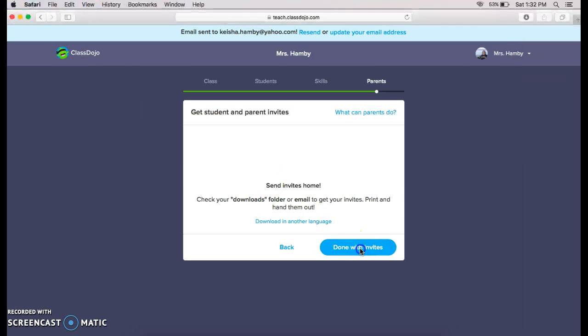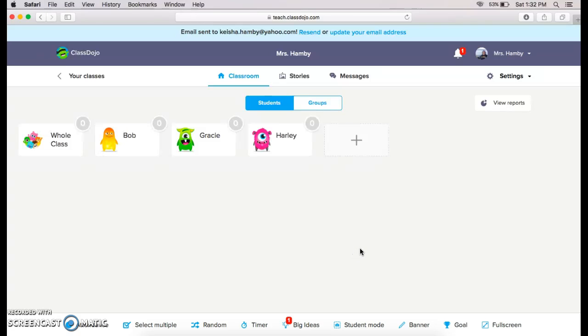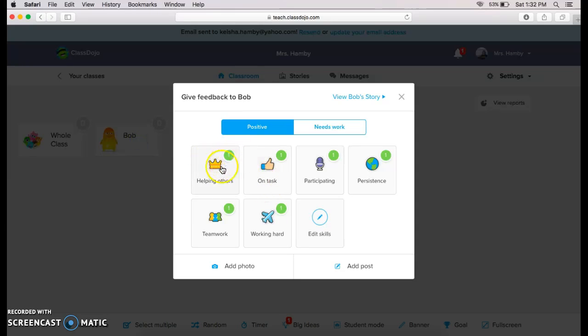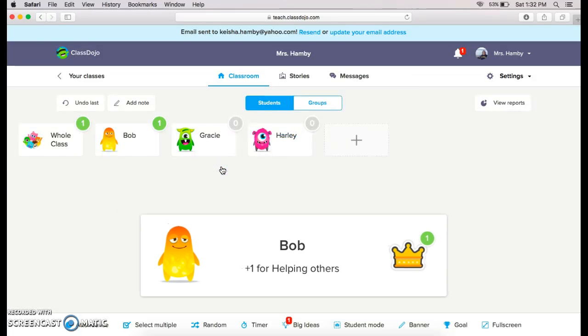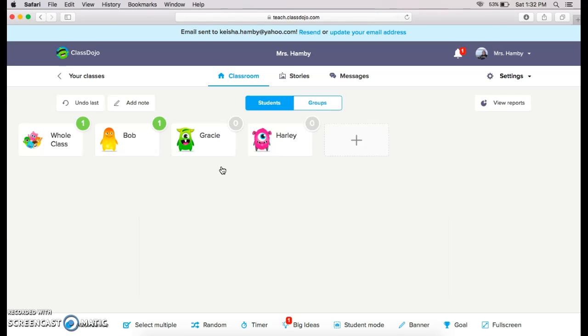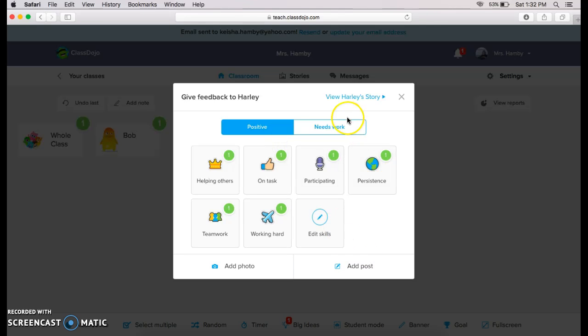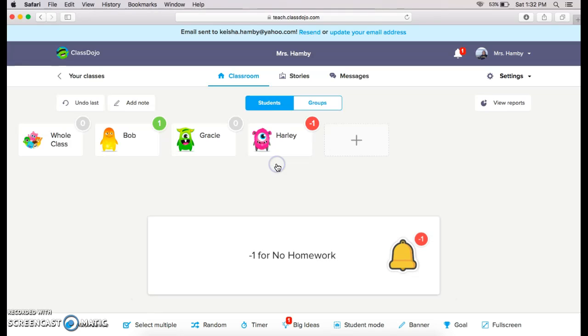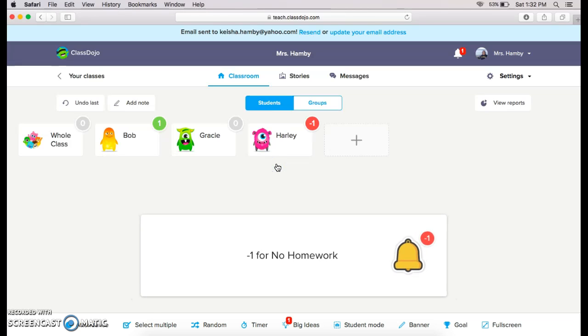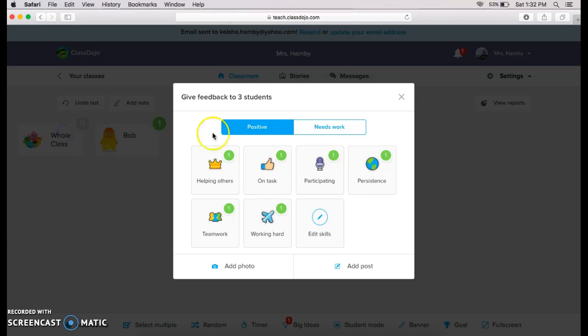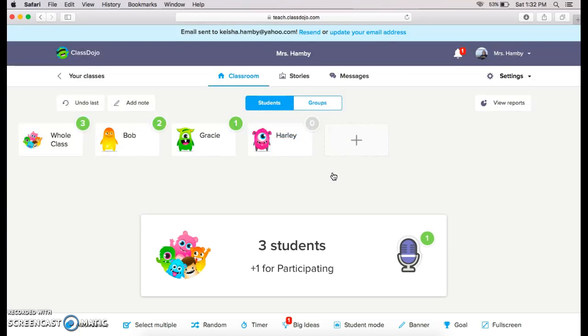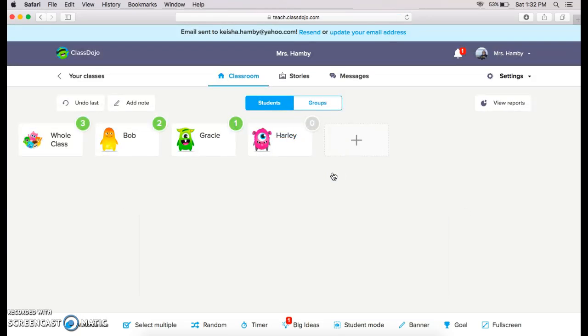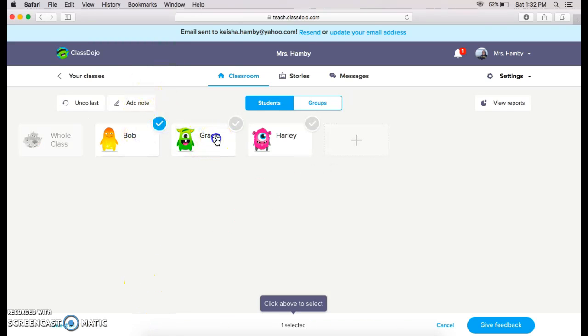So when I'm done with the invites, here is my class. So here's Bob. I saw Bob helping others. He just received a positive point. It's that quick, it's that simple. Harley, unfortunately, did not do her homework. That's a negative point for her. You can give the whole class a participation point. That's always helpful. You can select multiple. So let's say Bob and Gracie